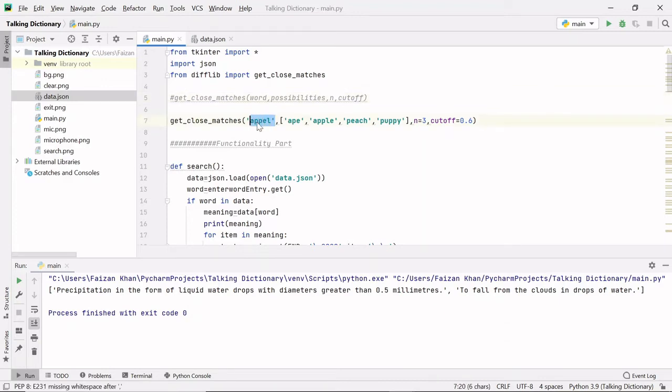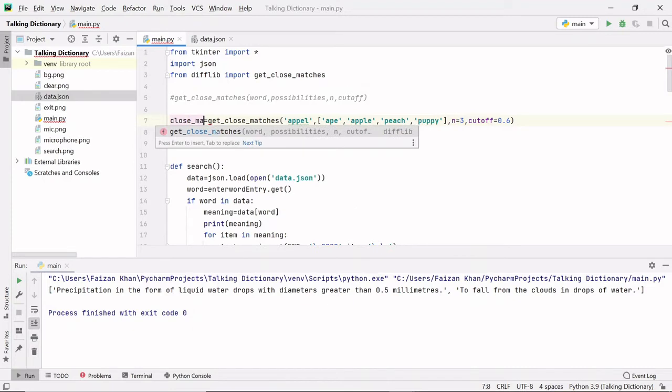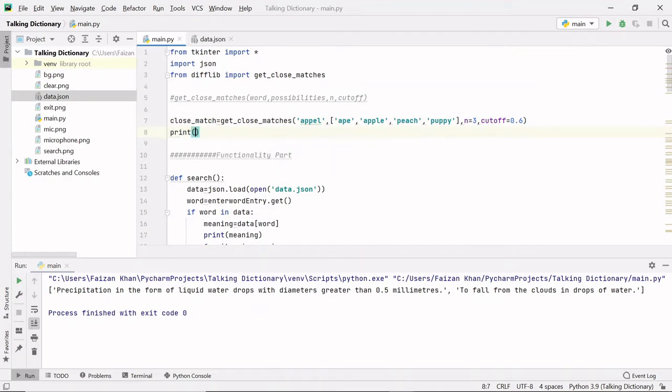For this word apple, we have good enough matches: ape and apple, sorry, two only. Since the n value is 3, the maximum you can get is 3 similar words. Let me store whatever get_close_matches returns in a variable close_match, and let's print it so that you can understand.